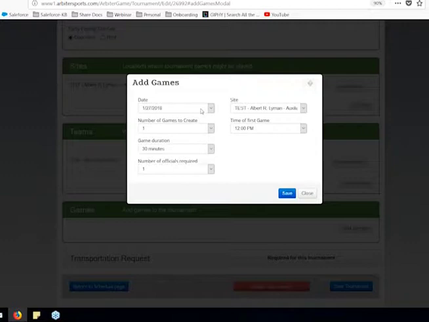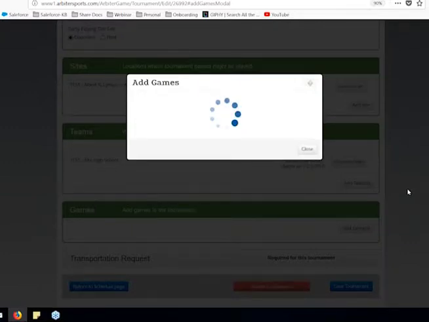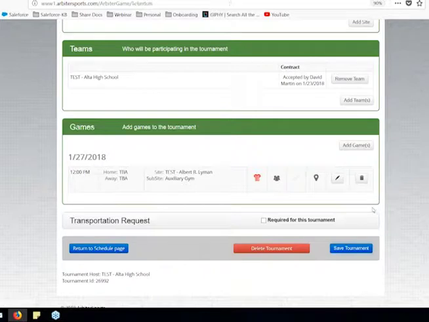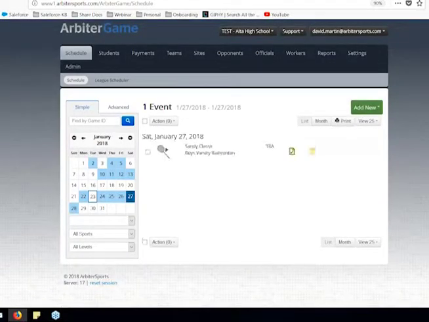Now the last thing we'll talk about is importing games. Importing games is something that it's great to do. It'll save you some time. You'll go ahead and click on importing games and download the template. As you download this template, it's important for you to be able to use that template. So let me go ahead through some movie magic and open up that template real quick.